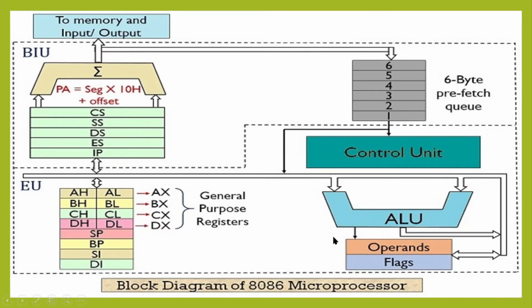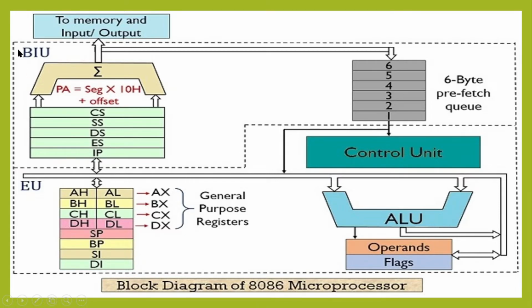The 8086 microprocessor is a 16-bit microprocessor. 16-bit means that at a time it can handle two 16-bit numbers, or perform arithmetic and logic operations on two 16-bit numbers. That's what is meant by a 16-bit processor. The ALU size here is 16-bit. So at a time it can take two 16-bit data, process arithmetic and logic functions, and write the result depending upon the instruction that has been written here. Let us discuss each and every block individually.